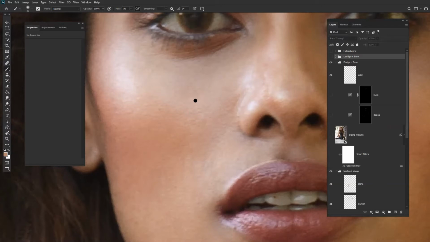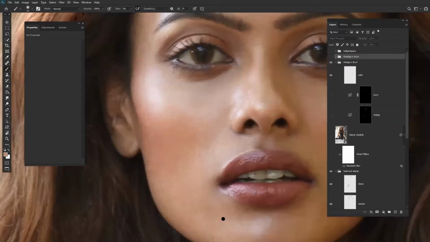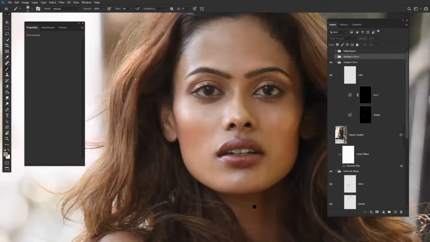So let's continue with the video that we have done completely throughout the session. The basics of dodging and burning are the same as we have done. So you can see here how the dodging and burning helps us. So see the rest of the part which was recorded, which wasn't corrupted.